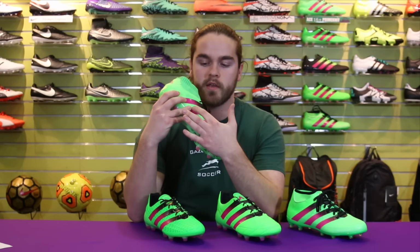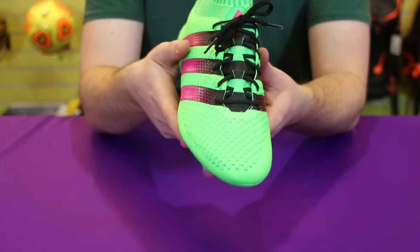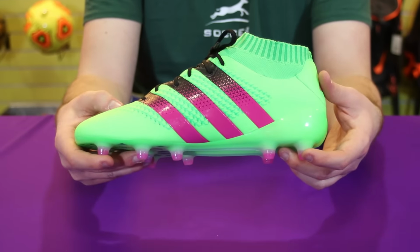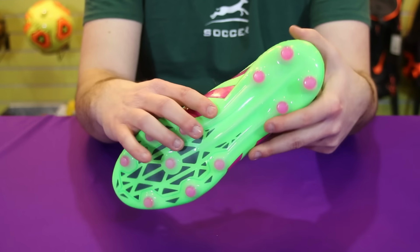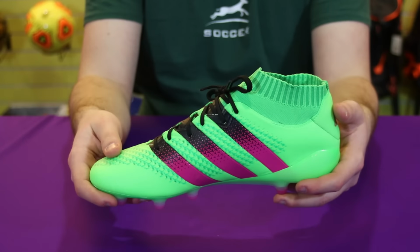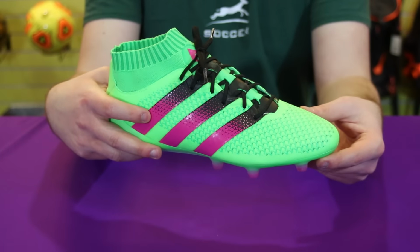Alright, let's get started. So we're going to start here with the Adidas 16 Plus Primeknit. This boot comes in at $250. You're going to see a full Primeknit upper on this guy here with the Prime Cut collar, which is new for Adidas in 2016. You'll also have the non-stop grip treatment to the upper of the boot, just for better grip in all conditions. And then we see a new conical stud pattern with ground control 2.0. So you see the disappearance of those firm ground extra studs through here and the rebirth of sprint frame reintroduced